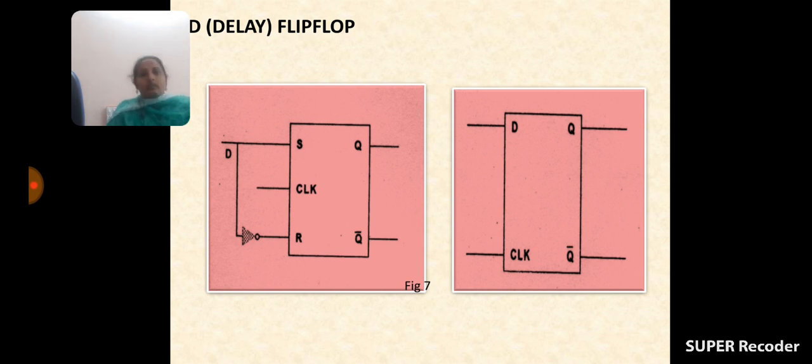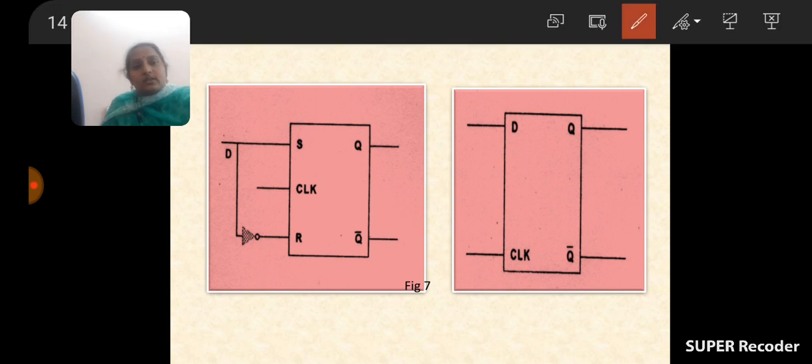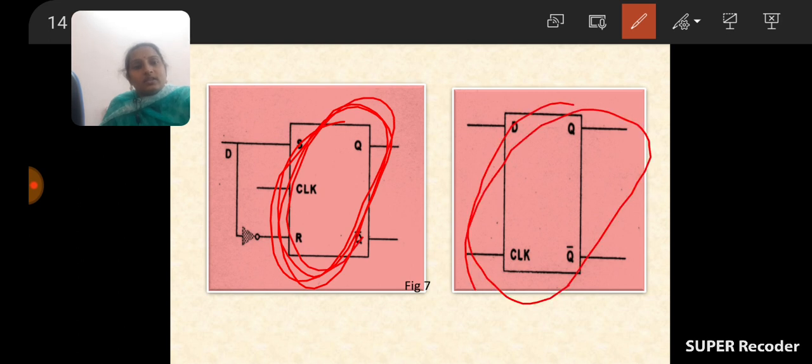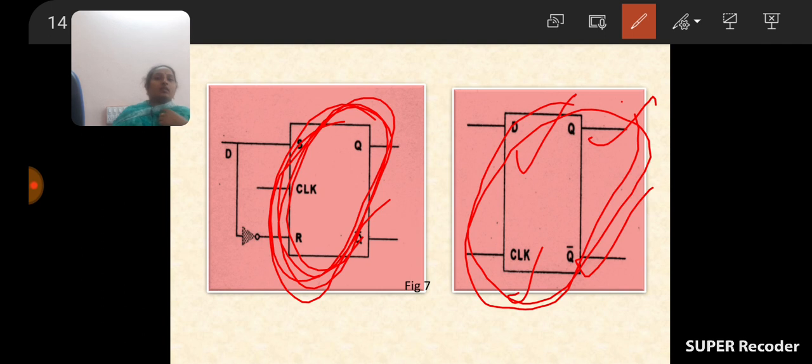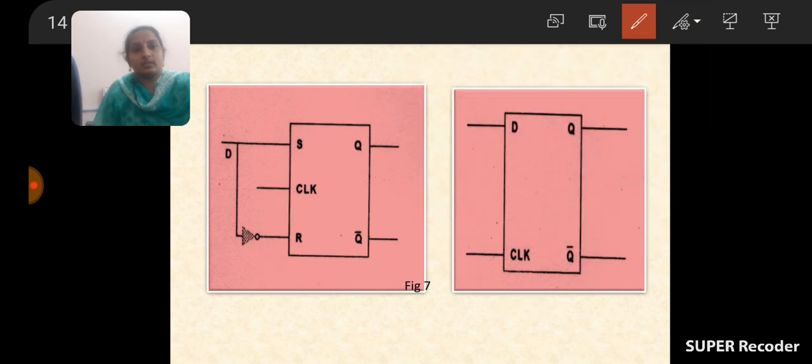Okay. So see here, this is the block diagram or the logic symbol with RS flip-flop, RS inputs. It is the direct logic symbol of the D flip-flop. Here it consists of only D and clock pulse and the outputs Q and Q bar. But here it consists of S and R and also Q and Q bar. So this symbol contains RS, and the other contains only D and clock. Okay. And see here, coming to the truth table,